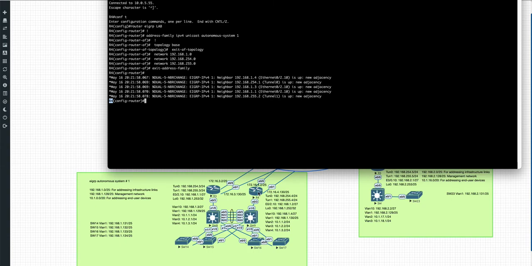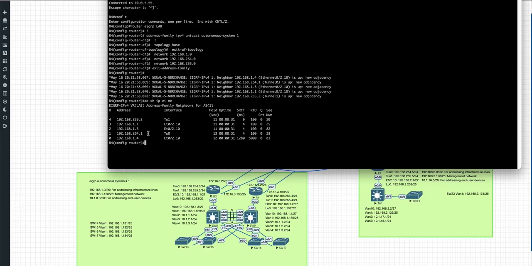I have configured here a VLAN in which R3, R4, switch 8 and switch 9 participate. This is VLAN 10. So we will see do show ip eigrp neighbors: 1, 2 and 3 neighbors in the same subnet, which are R3, switch 8 and switch 9 from the point of view of R4, as well as 2 neighbors of tunnel 0 and tunnel 1 interfaces, which are R1 and